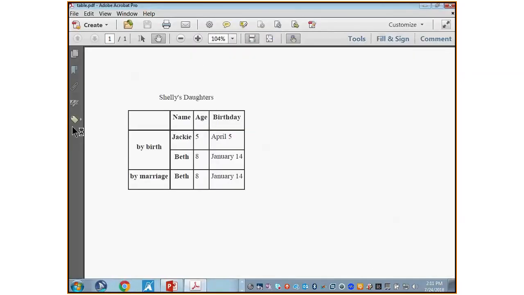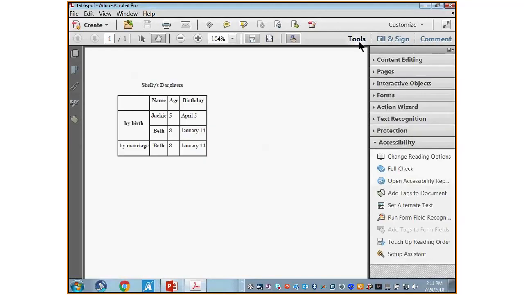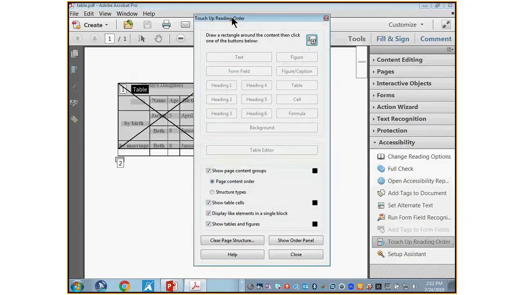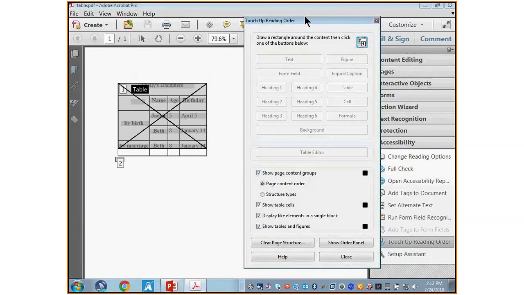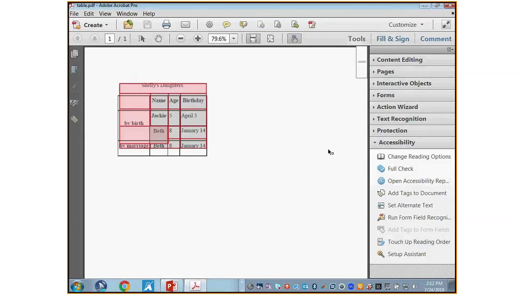Actually, this is a very, very complex issue to be teaching you right off the bat, so I'm not really teaching, just talking about concepts. This touch-up reading order tool is a way to make a PDF accessible. I'm not going to teach you how to use it today. That's for next class. But in here, when you select the table, you click on something called the table editor,